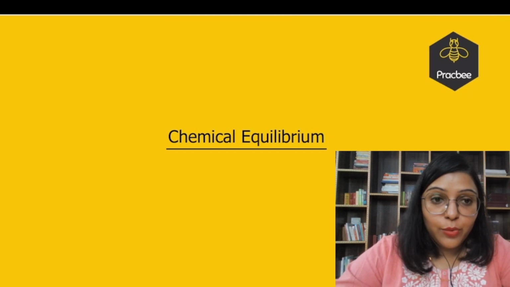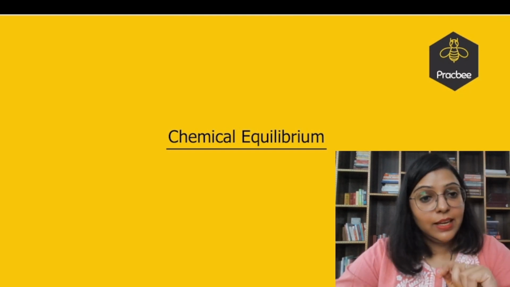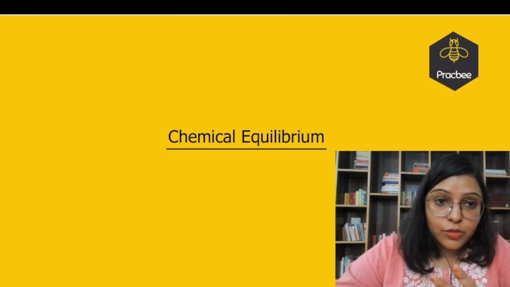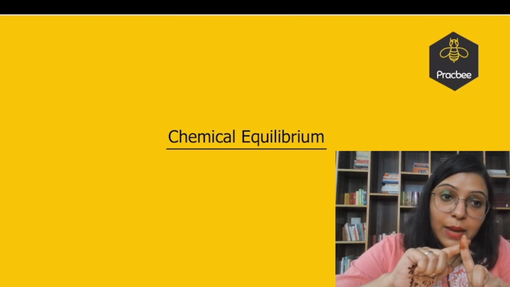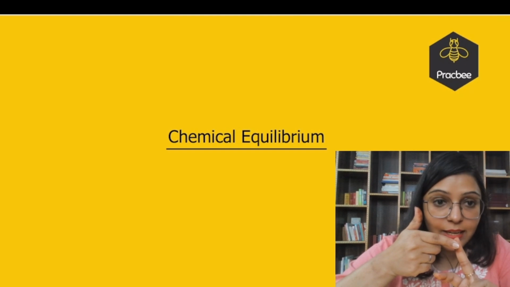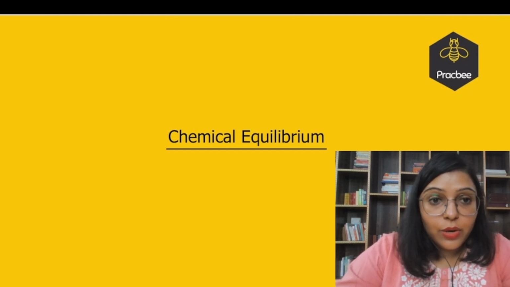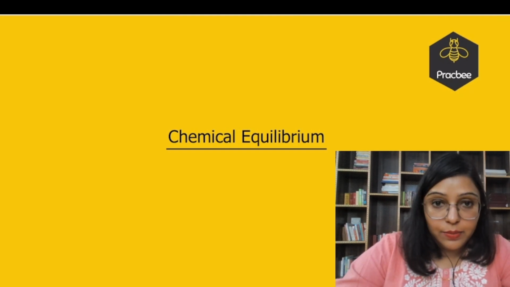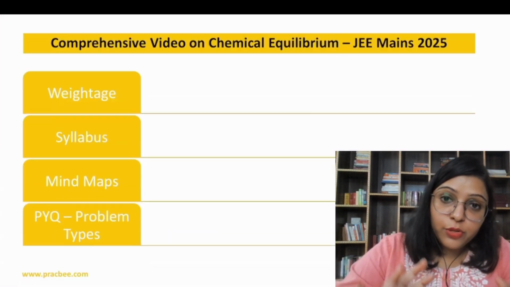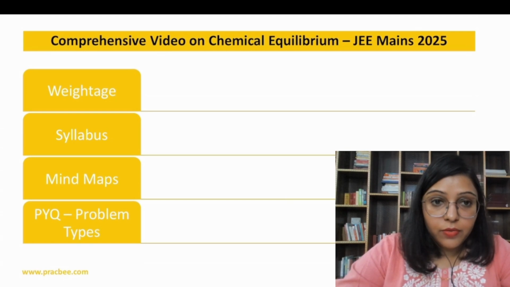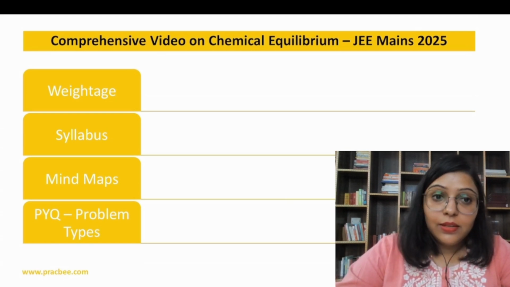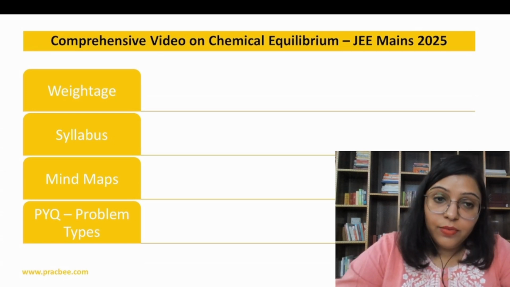In this week, we are going to take two important chapters, equilibrium and chemical kinetics. Equilibrium, we are going to study in two parts. First is the chemical equilibrium and second is the ionic equilibrium. So, in this video, we are going to discuss some previous year questions of chemical equilibrium. We are going to proceed in a systematic manner. First, we are going to discuss the weightage of this topic, syllabus, mind map, and then we will solve previous